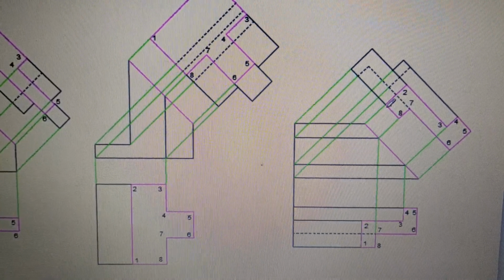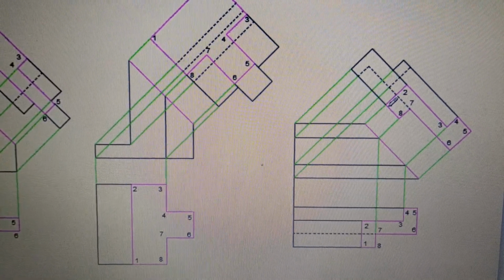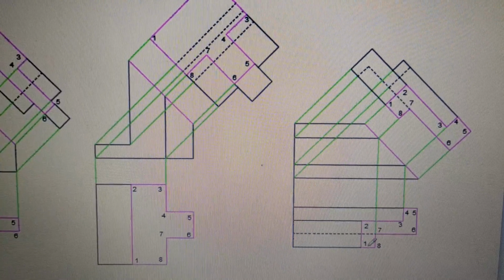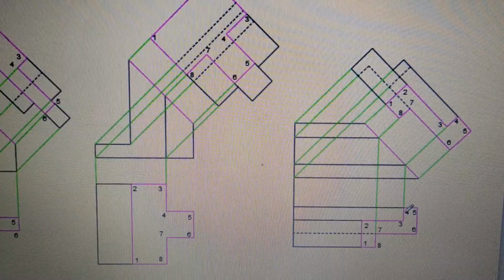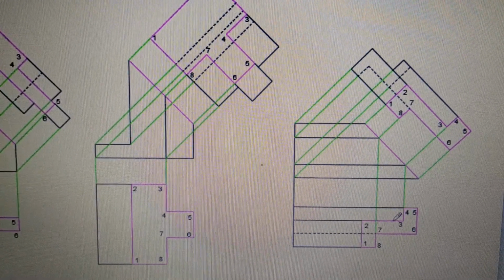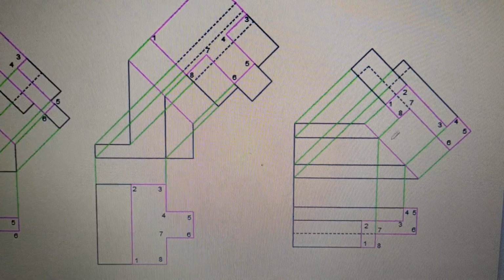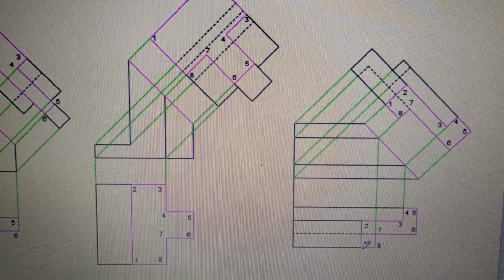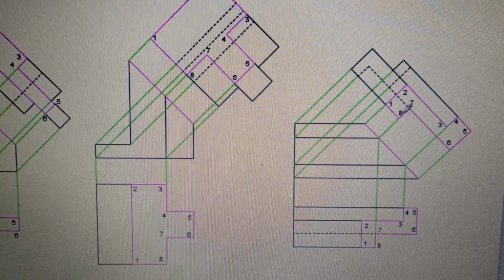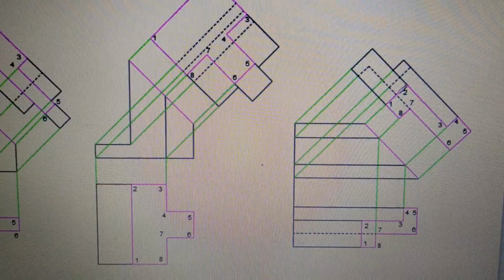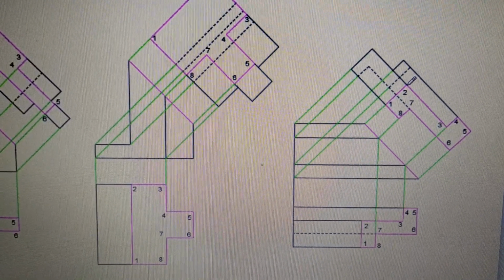So we begin with point number 1, and now we are going to draw this entire shape starting from point number 1. Knowing that the distances which are perpendicular to the XY line are going to remain the same, and the distances which are along the XY line are going to change. So point 1, point 1. Now point 2 is here, 1, 2 is the distance. On this line, take the same distance 1, 2 and mark point number 2. Okay, so you got 1 and 2.